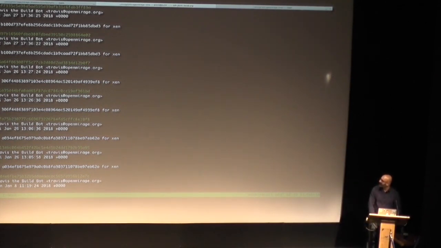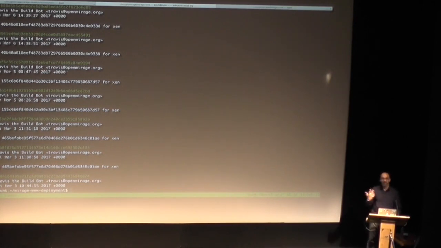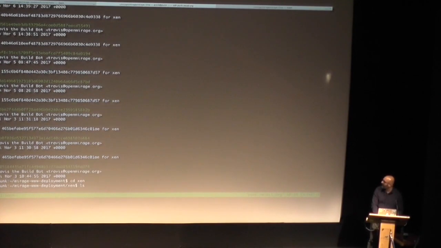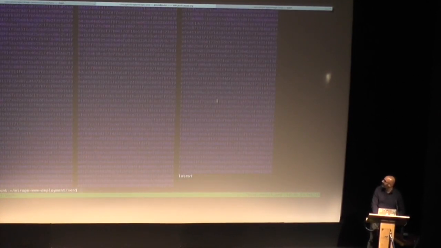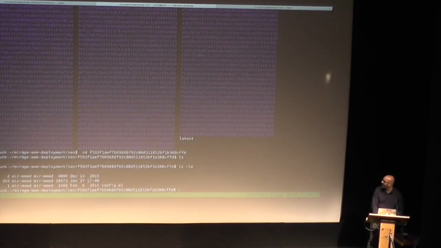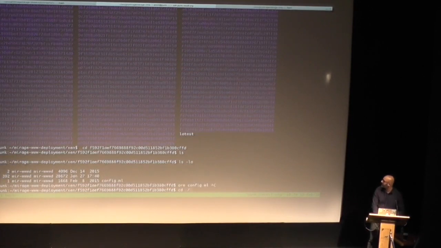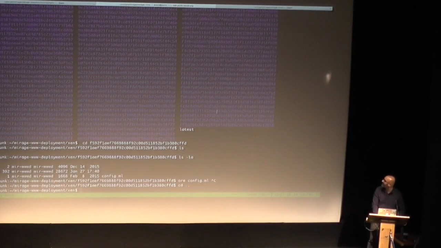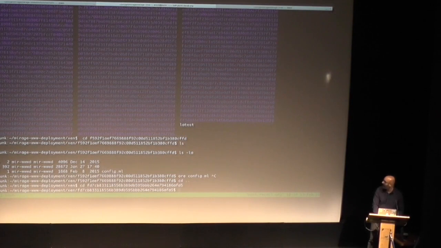So you can see for the last, I think, 4 years, we've just been checking in all of our changes to the website, compiling a unikernel for Xen, and then putting it on the website. And this means that we can track every single line of code that goes into the website by the hashes. I'm just going to pick a random one, hope that it's useful. And so we track every bit of source code, and we can track its configuration, for example. Let me just pick a better one that is more interesting than just the configuration. The only problem with Git is you have to deal with hashes, and these hashes never make any sense.